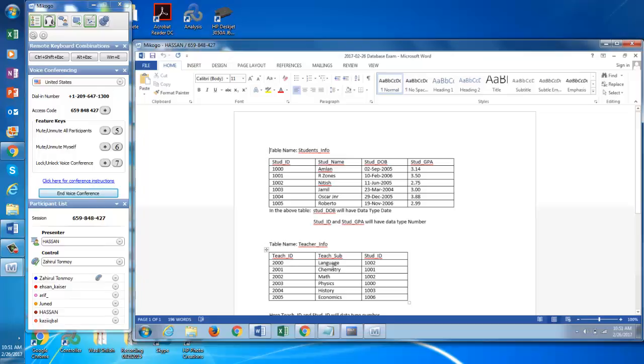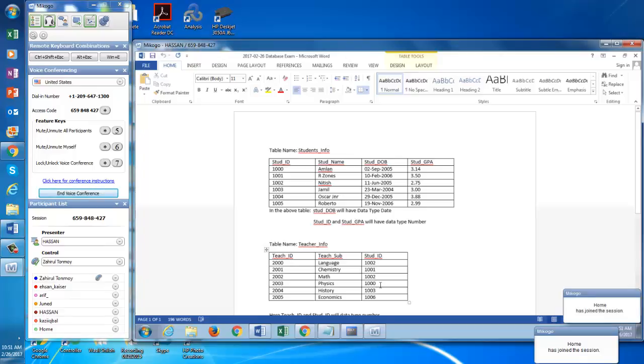And in the second table we have how many teachers? 6 teachers, right? Now can you see that student ID 1000 is related to a teacher? Which teacher? 2003. 2002 math teacher. 2003